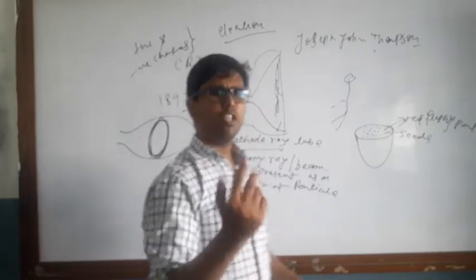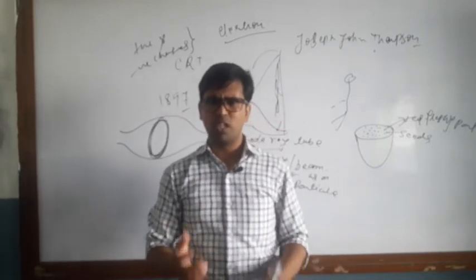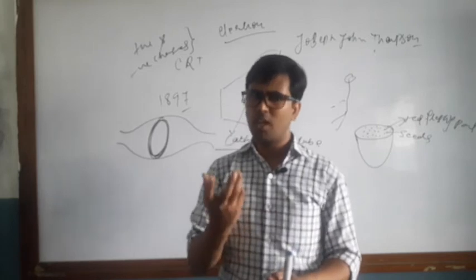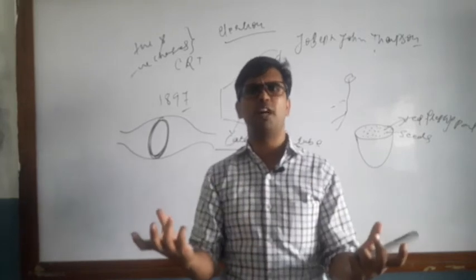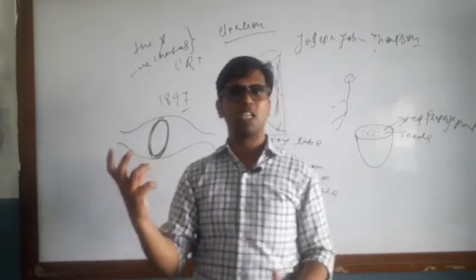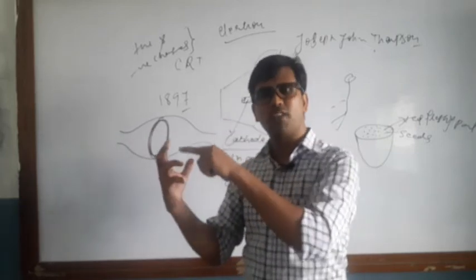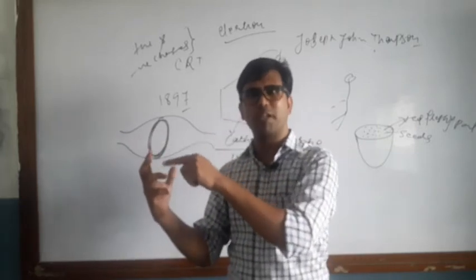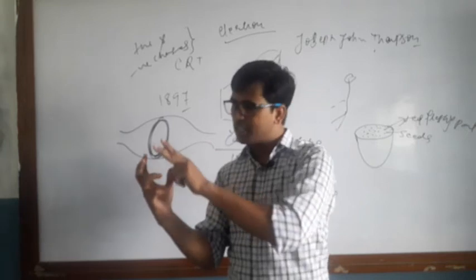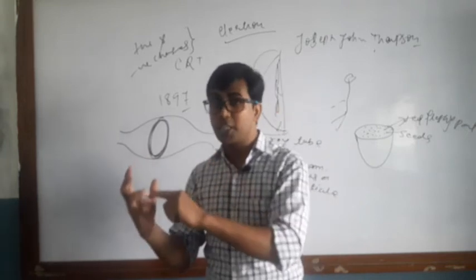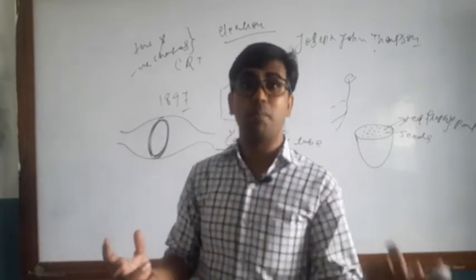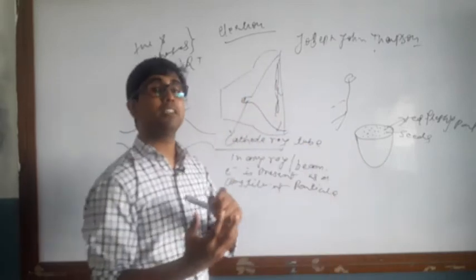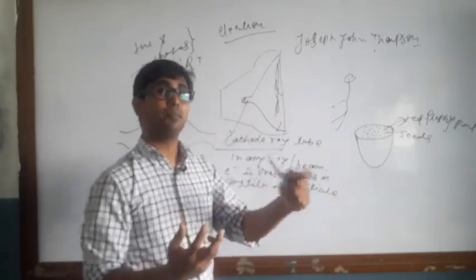So even if you have guava, amrud, you take a piece of guava and cut it into two halves, and you can see that there is a fleshy part and seeds are also embedded in a structured form. So the fleshy part he termed as positive and the seeds are termed as negative.